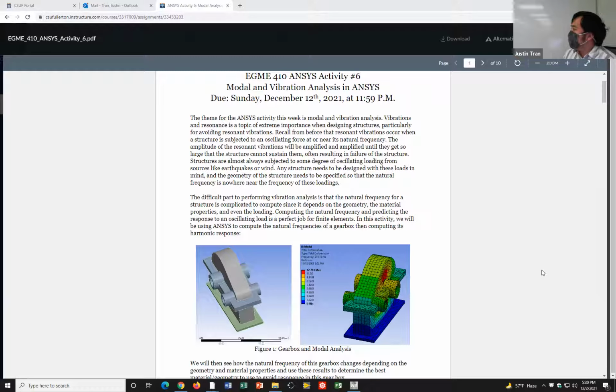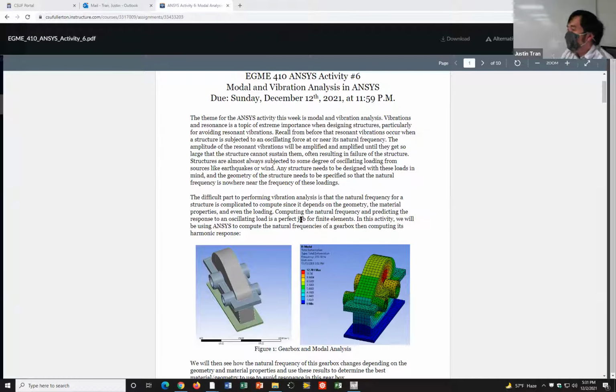The plan for today is we're just going to be working on our activity. This is the last one of the year, and the due date is next Sunday, December 12th, the Sunday right before finals week starts. I don't think this is that time consuming an activity. It's definitely less time consuming than activity 5 because the jobs for this one are much faster than a dynamic simulation. I've given this to my grad students and no one has complained, so I'm not sure if they're just too tired to complain or if it's really not that bad. Hopefully it's the latter.